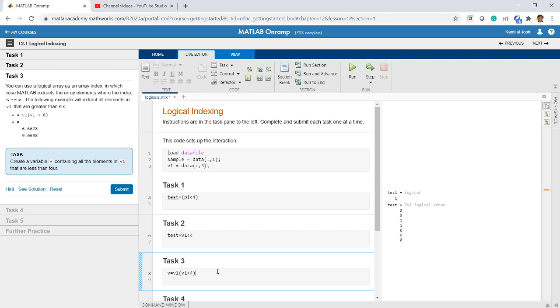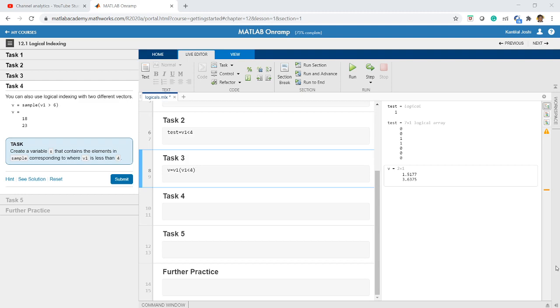So how is this working? First of all you go inside the bracket. So v1 less than 4 will create all the indices where the value is 1. Okay, so v1 less than 4, whenever this condition is true, it will find out what are the positions where the index is 1, and for these indexes it will extract the value and you will get the answer. So on right hand side you get v is 1.5177 and 3.6375. Okay, so I hope you have got this particular thing.